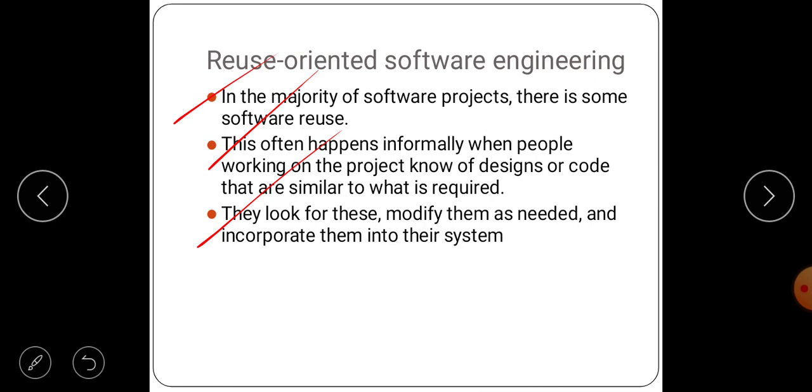It means they are going to modify them as they are needed and add them into their own system. When developing software for the next bank, they will modify the old software of another bank and add it to their new system.